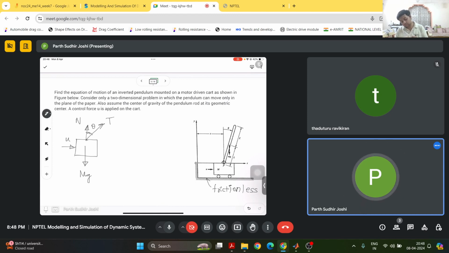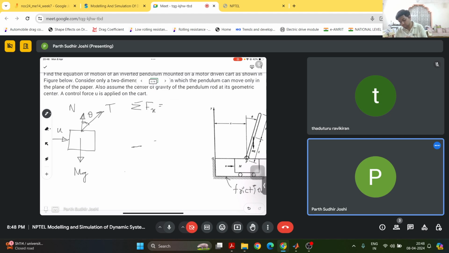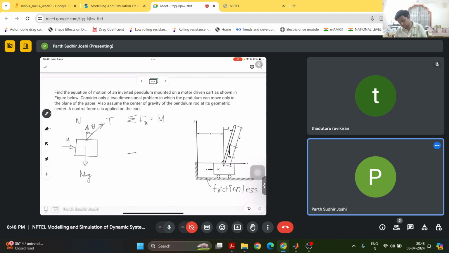along the x direction, so the sum of forces along the x direction will be T sine theta plus U is equal to M x double dot, and then if we draw the free body diagram similarly for this mass,